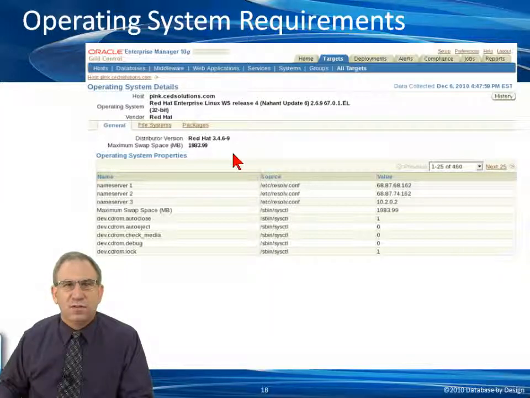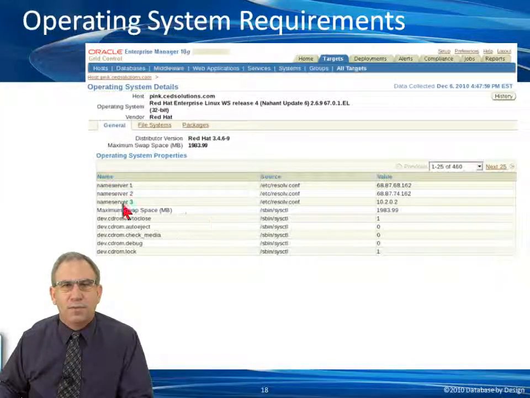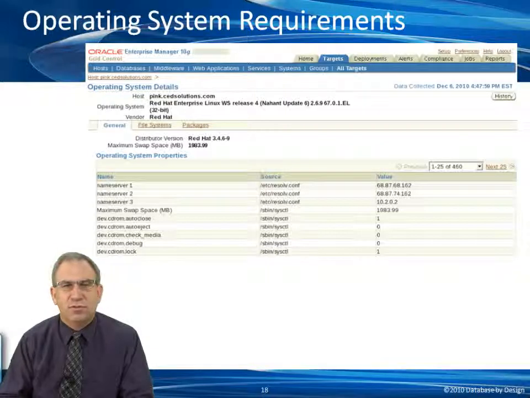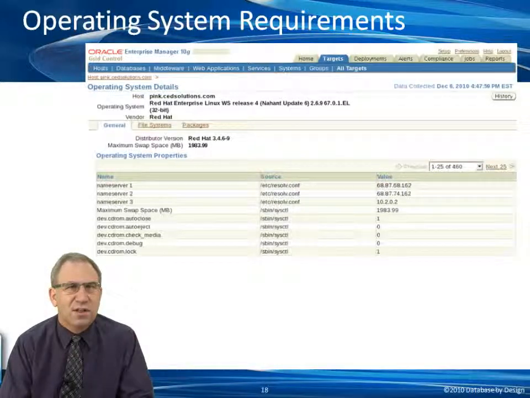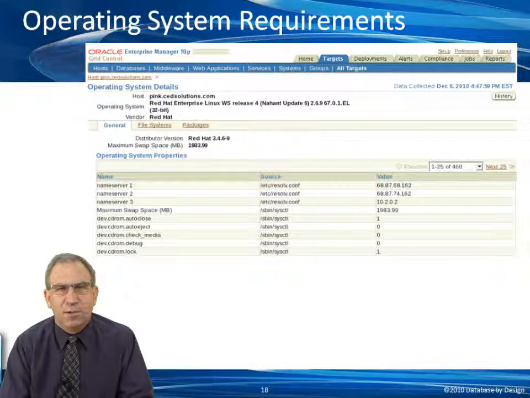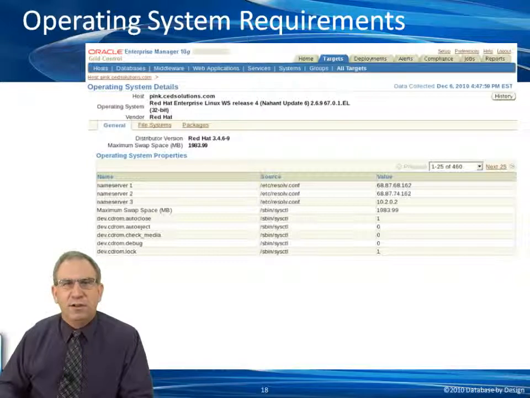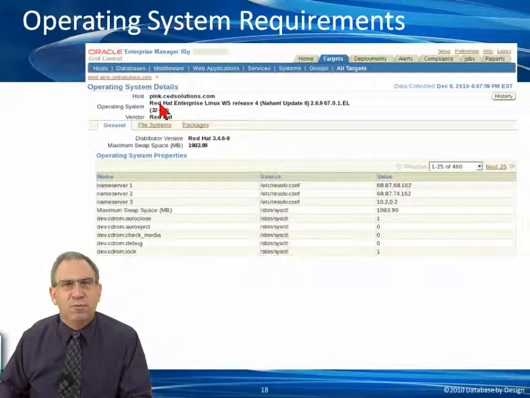These are the operating system properties. I can also drill down from the grid environment and look at the file systems associated with this specific operating system, as well as all the packages associated with it. But all we're showing here is that this Data Guard configuration sits on top of a 32-bit Red Hat Linux